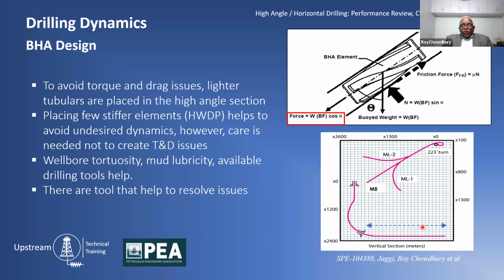So obviously in those cases, what is your choice? What this paper describes is you can iteratively increase the number of heavyweight drill pipe, one or two in the bottom hole assembly, to withstand the dynamics, so that your torsional oscillation is minimized,